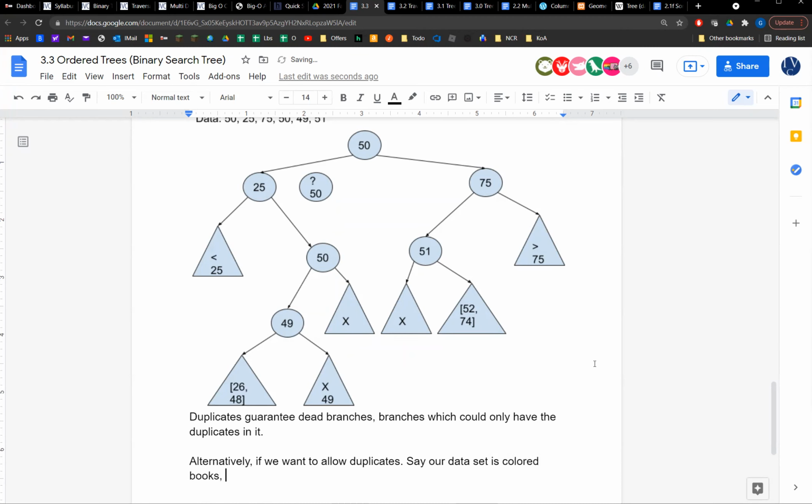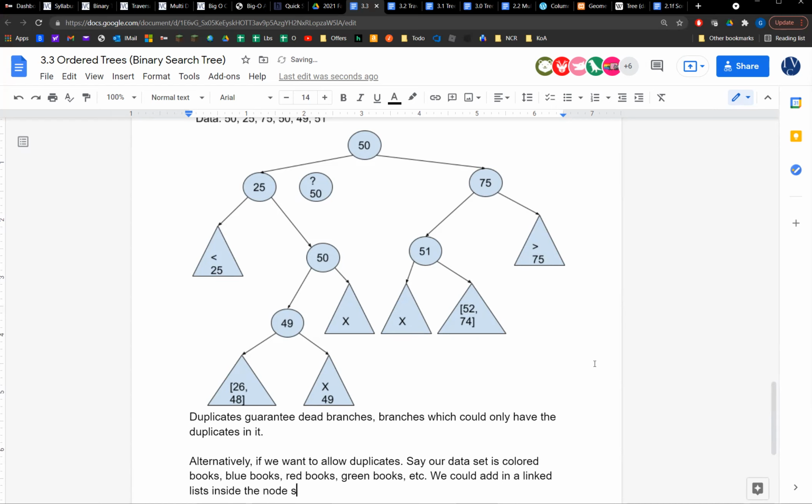We have blue books, red books, green books, etc. For whatever reason, we decided to key off of the color. So we might have several blues: a Stephen King blue book, an Anne Rice blue book, and a Dr. Seuss blue book. We want to have all our blue books on that blue bookshelf. So we could add in a linked list, for example,